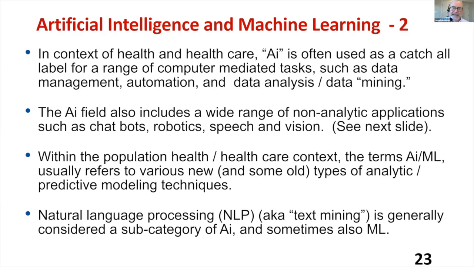When someone says AI is good, AI is bad, AI is the answer, they're really talking about data science, informatics, automation, take your pick. And two-thirds of the time, more on that later, when they actually are talking about AI analytics, I would posit to you that old statistical or epidemiology or econometric analytics was just as good, if not better. But it is true that robotics and chatbots and that part of AI, one could argue, should be handled